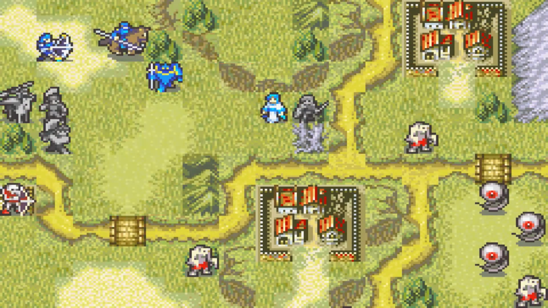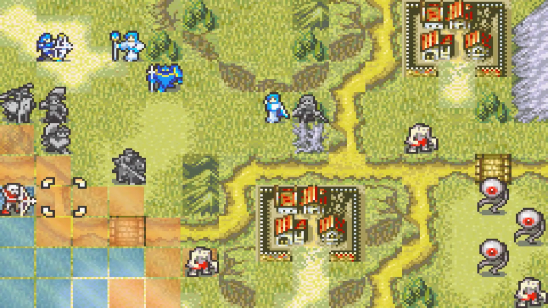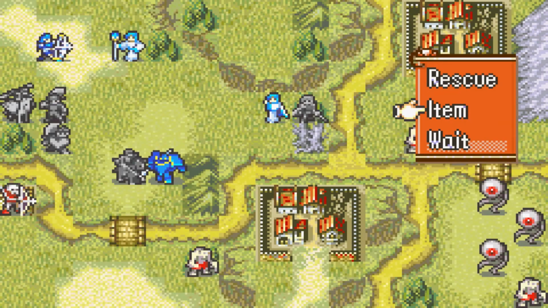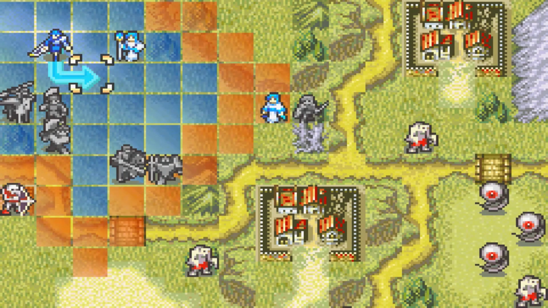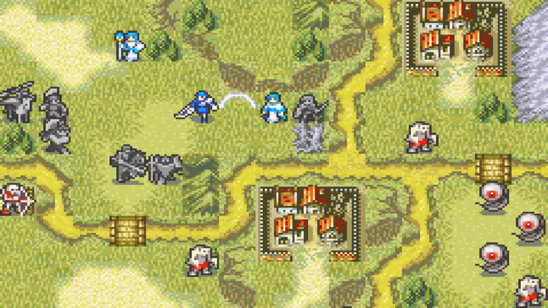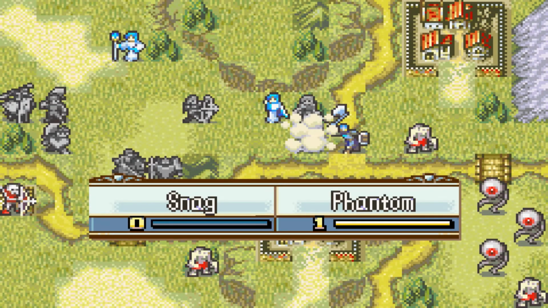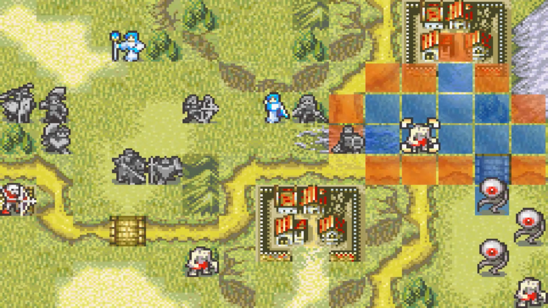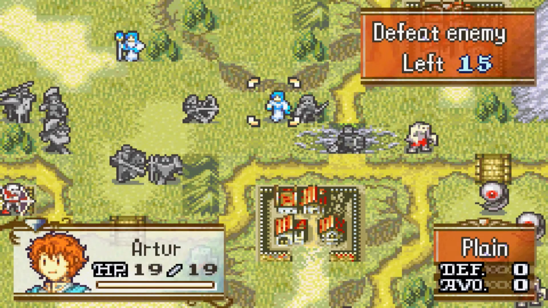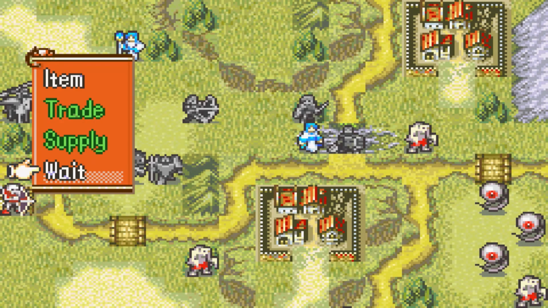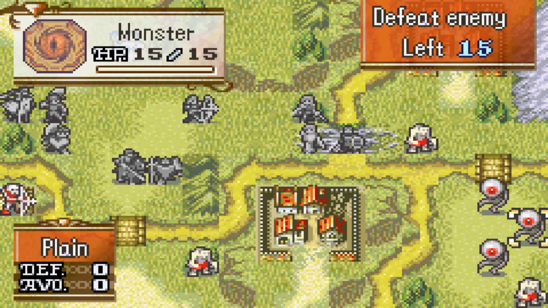Oh wait. Only Franz seems to have 2 vulneraries. That means that Gilliam only has 1. Let's do this. Seth. Let's summon a Phantom. Phantoms are flying units, so we can fly over. Let's put you over here, and we'll break the snag. And now, with my genius tactics, we have also blocked off this zombie, or revenant. Let's put Arthur over here. Can take care of the mogul now. And let's put Mulder, like, over here.